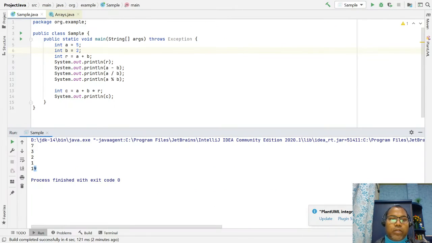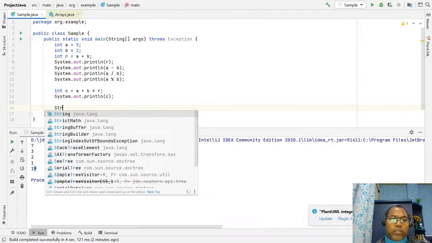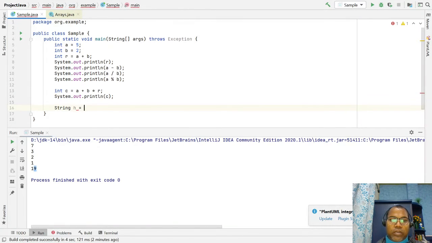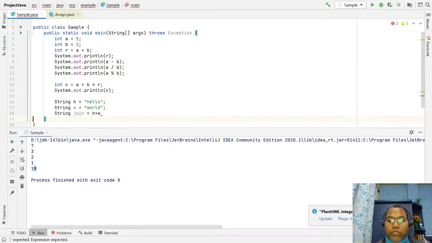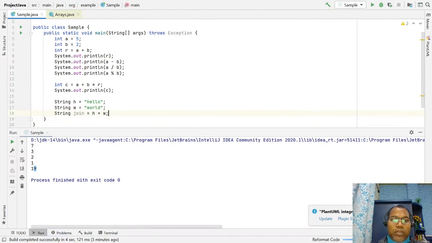Let's look at an example. If you have one string h, hello, and a second string w, world, and you join h plus w, if you check the output, it will just join the two strings.